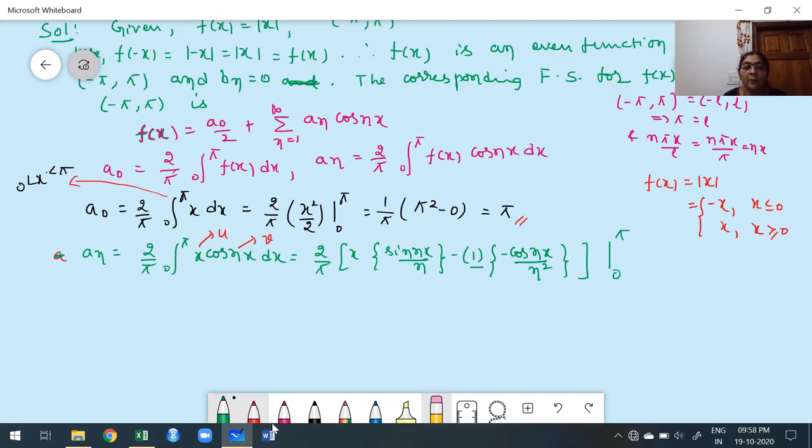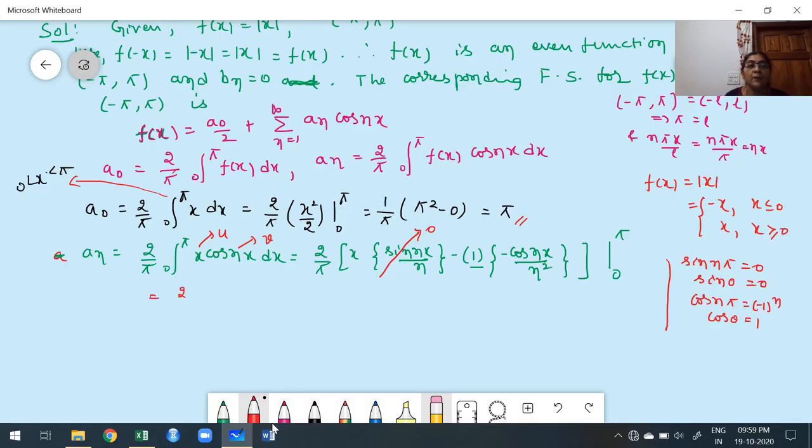While applying the limit, I told you very clearly: whenever having sine or cos, first verify the corresponding limit. We have a sine. What is sine of n pi? It is 0. What is sine 0? 0. We have a cos in the second term. Cos n pi is minus 1 to the power of n. Cos 0 is 1. Now, based on that, apply the upper and lower limits carefully. Observe that the product has one function as sine. Sin n pi and sin 0 are 0, so there is no need to apply the limit; just write this value as 0.